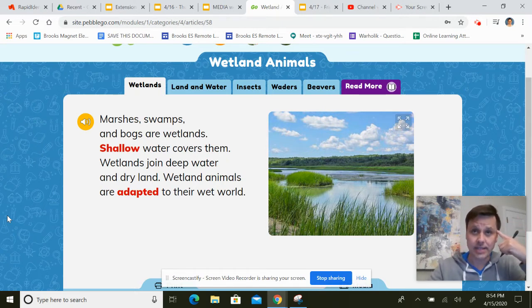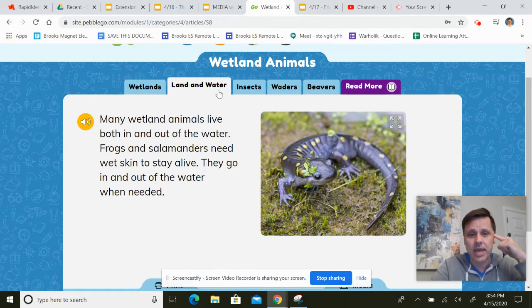And so I'm going to ask myself, do I know what wetlands are? Well, I think I have an idea of wetlands, but I kind of want some more information. And I see the next heading is land and water. So I'm going to predict that I might get more information about what a wetland is. So I'm going to click on the page and then I'm going to listen to it. And then I'm going to decide, does this page help me know what a wetland is,